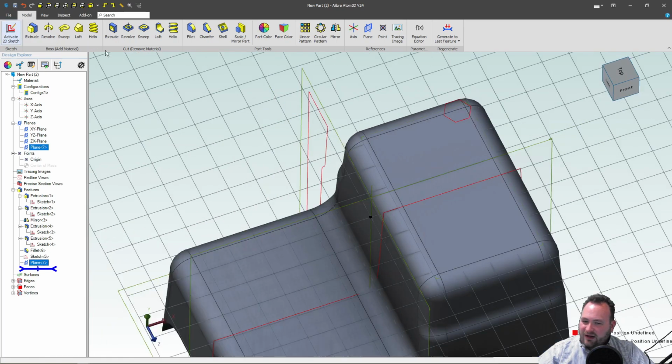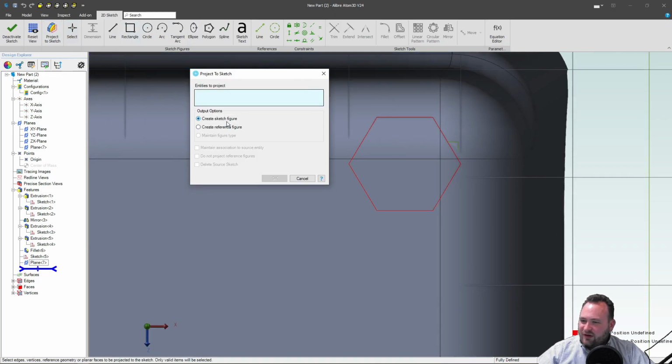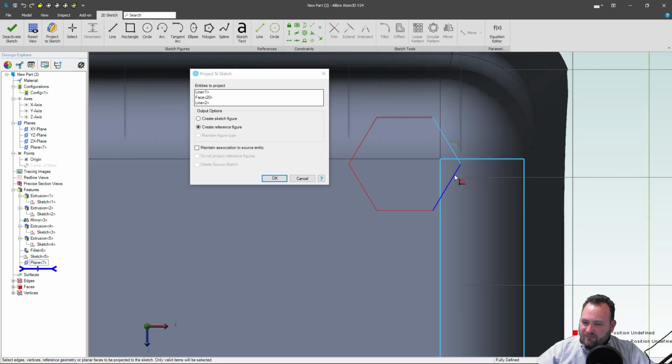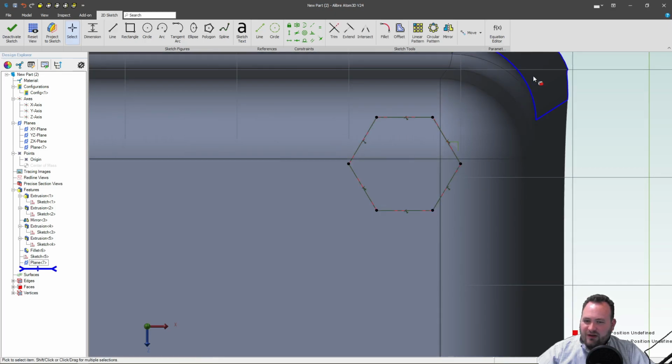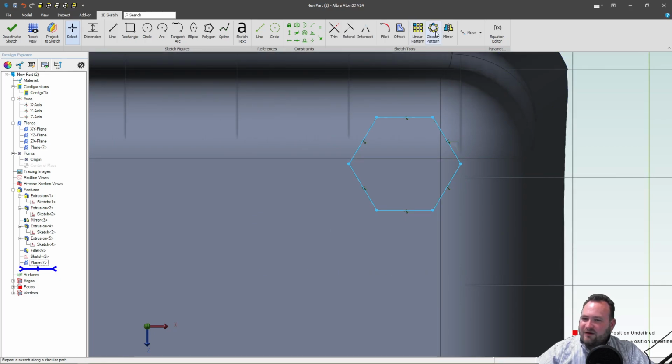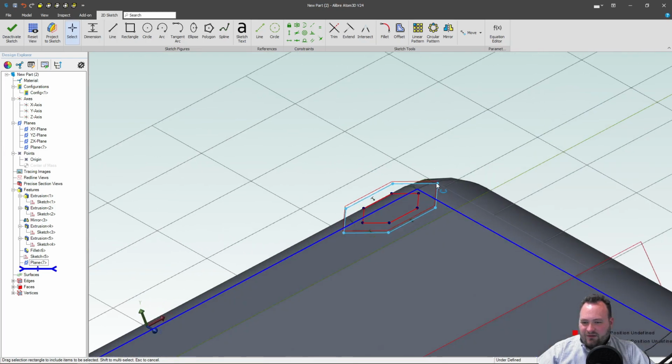So I'll highlight my plane, activate a sketch, and this time I think I have the luxury of just projecting a reference figure. And oops, let's try that again. There we go. We're going to maintain association, and then we're going to highlight everything, offset. Let's go with 0.175 and flip our direction. So now I've got